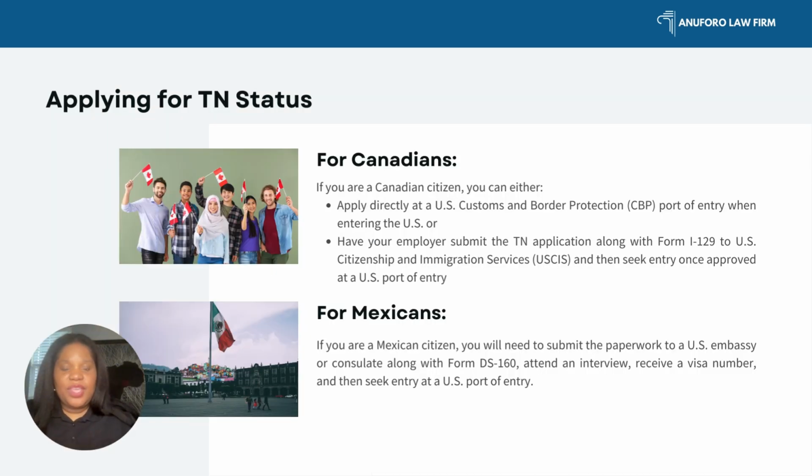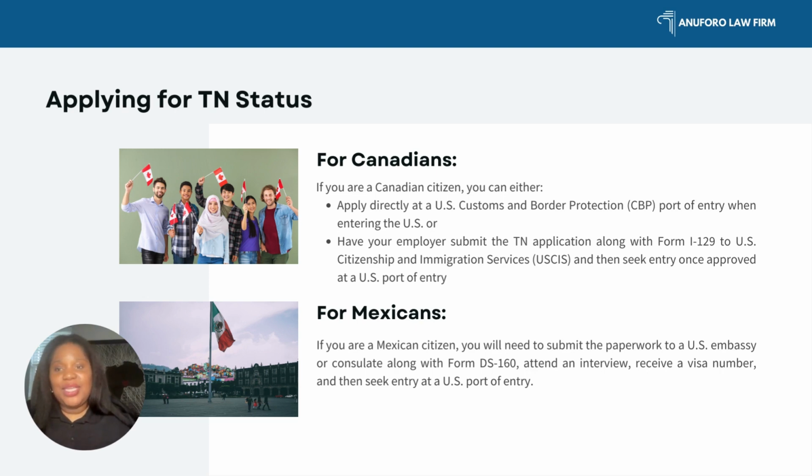So let's talk about the process for applying for the TN status. Now, the process for getting TN classification is going to be different for Mexican citizens versus Canadian citizens. Canadian citizens do not need to apply for a TN visa. Instead, a Canadian citizen can apply for TN status directly at a US port of entry, so at the airport. Mexican citizens, however, must apply for a TN visa at a US consulate or embassy abroad back home before entering